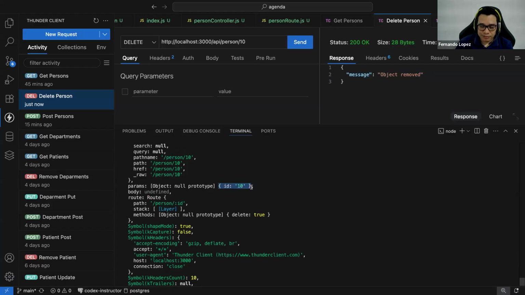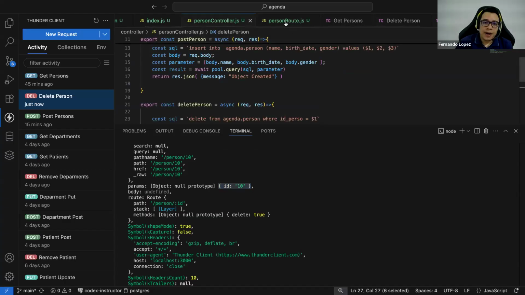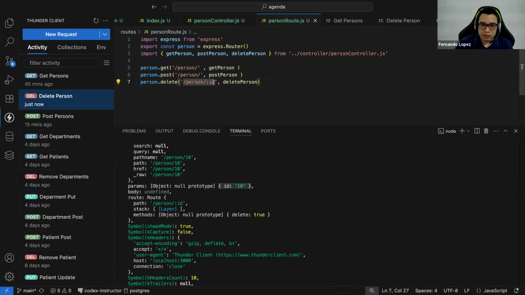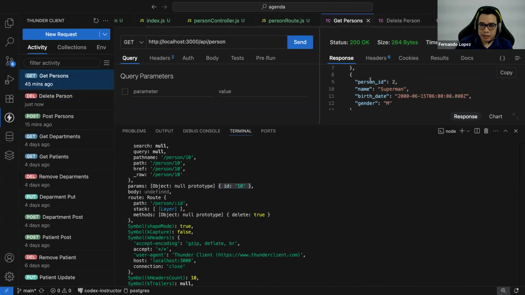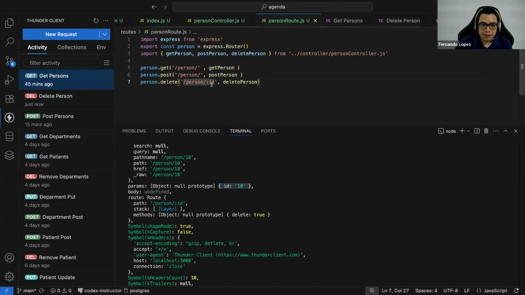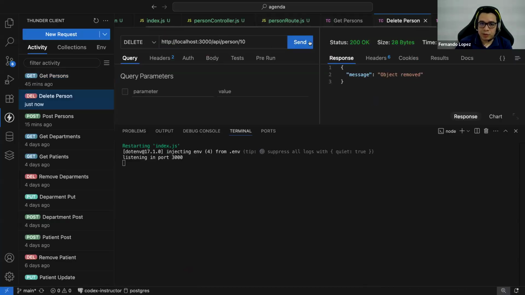Does this make sense? Yes. Okay, so let's use the convention of using the same columns. So it will be person ID, the same parameter. Person ID, we are passing the element that we want to remove in this case.